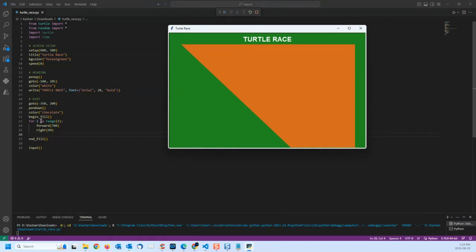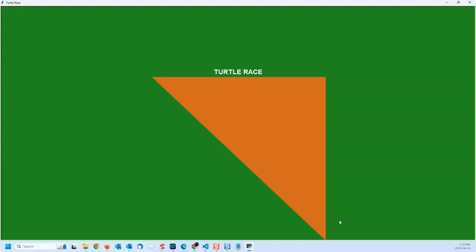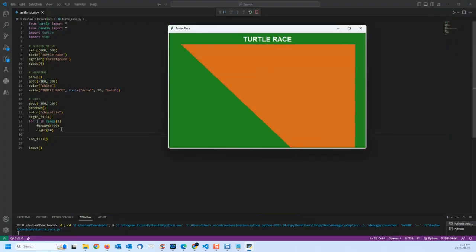So it has moved, and then it made a 90 degree turn, and it moved forward, and then it made a 90 degree turn. So once it made the 90 degree turn, it kind of created a triangle for me. Right? Here it is, as you can see. And then I want to